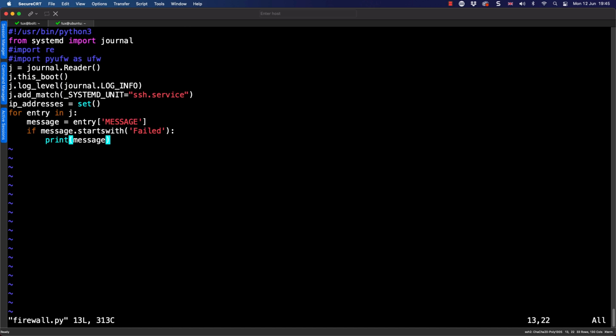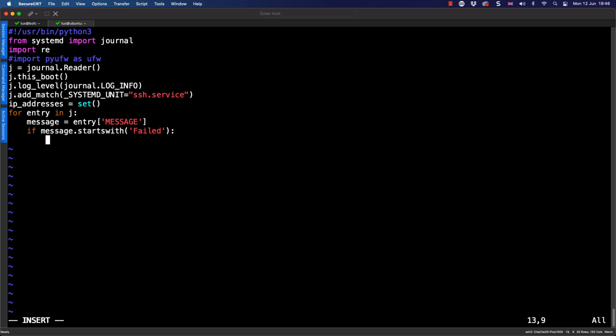So if we go back into our script, I can go up in this case to the import re, our regular expression module, which is going to give me the power to work with regular expressions. And if you haven't worked with regular expressions before, I know you're going to absolutely hate them. However, they are really powerful. We're going to be populating the IP addresses set that we had looked at before. Remember, a set is a special type of array that organizes the array, but also removes duplicate entries. So I can move down to my print message.